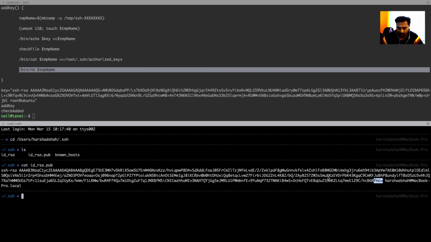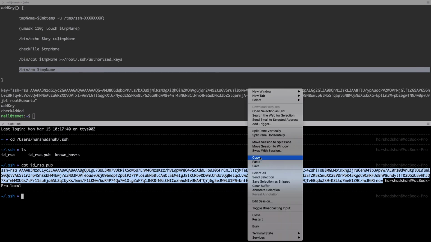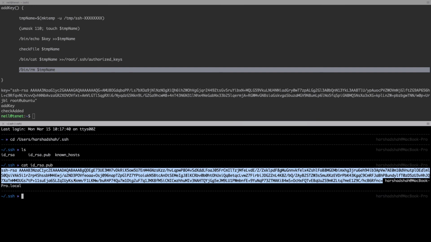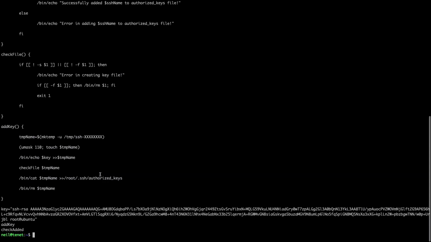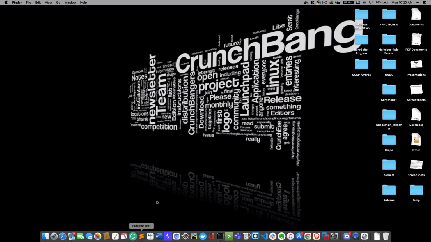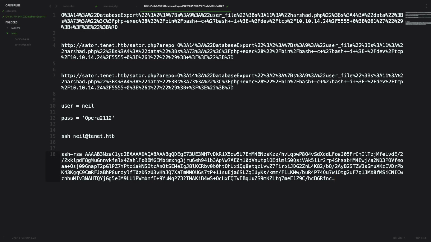You can simply copy that key from there. Okay, so copy this key, this is a public key. And I want to run the infinity loop. So how can we run it? I'll exit from here, and first I'll copy this key to my Sublime so I can easily write things. This is my public key, by the way.